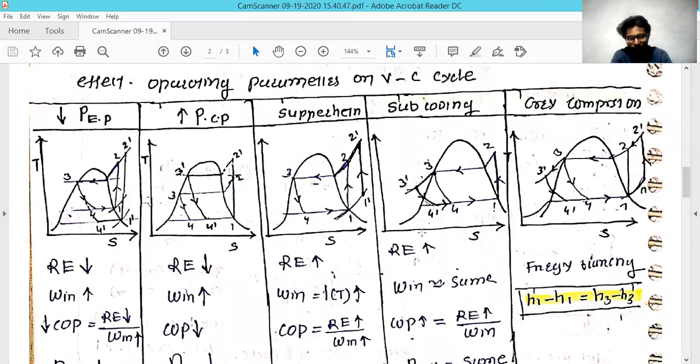Now we are going for the fourth condition. In this condition, it is opposite to the superheated state. Now we are going to the subcooling state. So in this subcooling state, we are moving left of the dome, and when you look at this diagram, you can clearly see that the portion which is 3 to 4 is extended to the left of the diagram. Now it became 3 dash to 4 dash, and 3 dash is nothing but it reached the subcooled region.